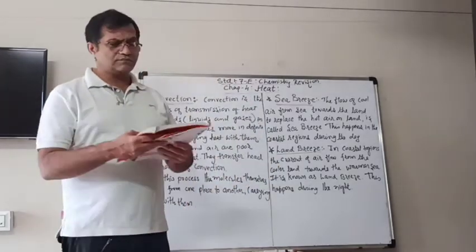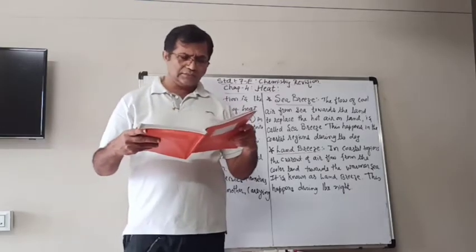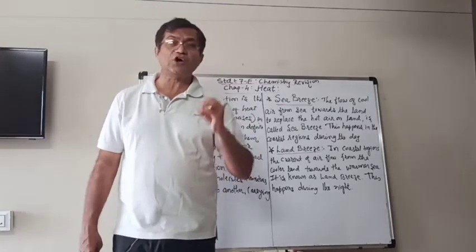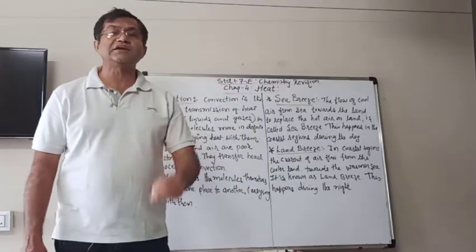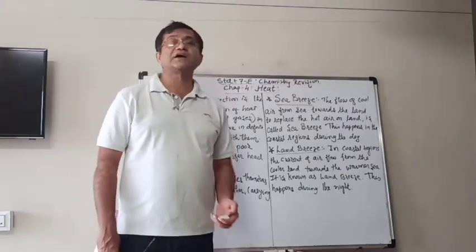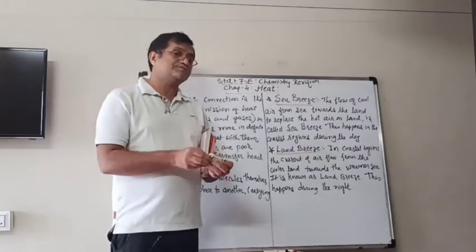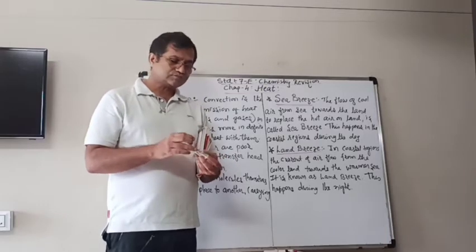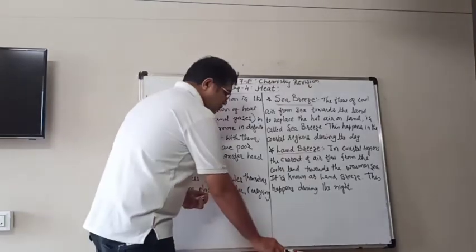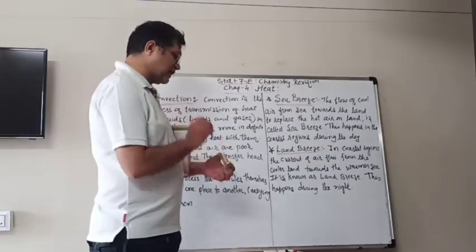You can understand that also in air. We know that air is also a poor conductor of heat. So it also cannot transfer heat by the method of conduction, but it can by the method of convection. Let us understand with an activity. You can do this activity in the presence of an adult in your house, your father, mother, or some elder brother or sister.